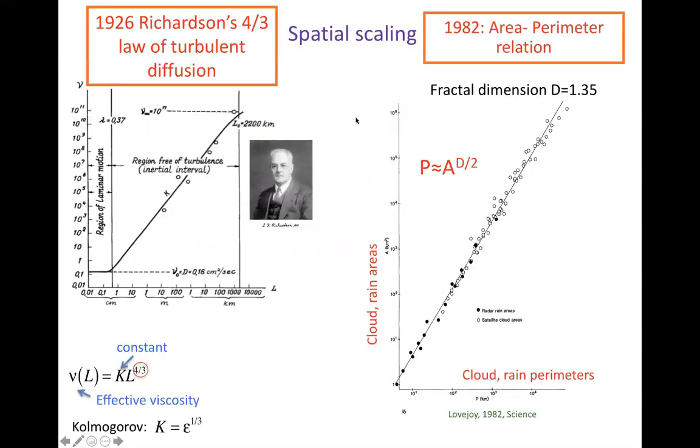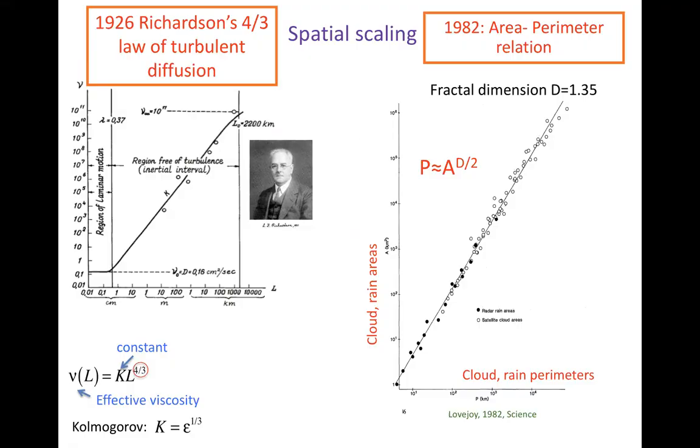So all right, starting actually in the 20s, I'm going to show the idea of scaling, that you blow things up and you don't necessarily get something different. So we had Richardson proposing already in 1926 the 4/3 law of turbulent diffusion, which is more or less the same thing as the Kolmogorov law of turbulence. We have area-perimeter relations of clouds,